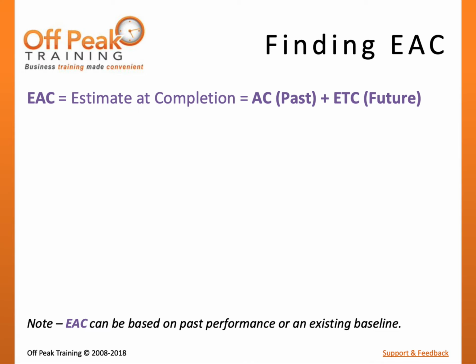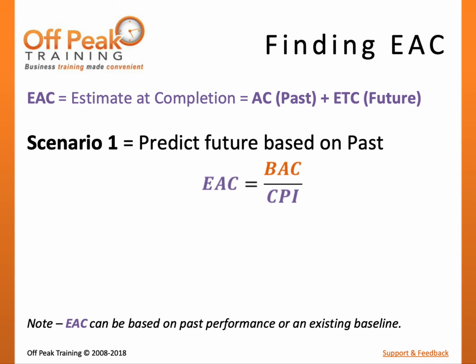The more common assumption is that future performance will be based on past performance. For example, if we have been over budget so far, the remaining project work will probably also be performed over budget at the same rate. In this scenario, you can simply take the original budget for the project and divide it by your project's current rate of spending, or as we will refer to it,